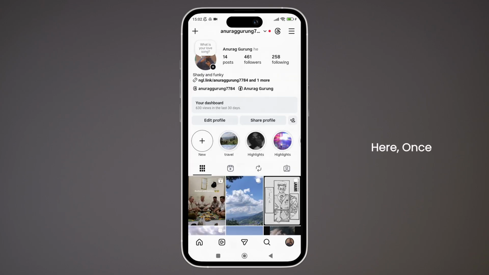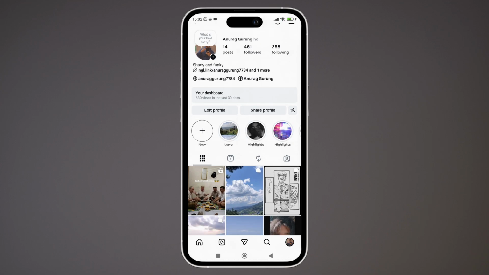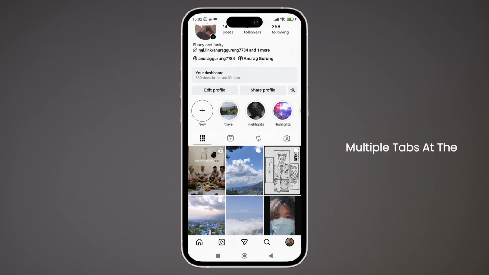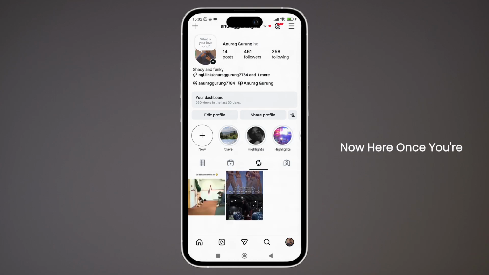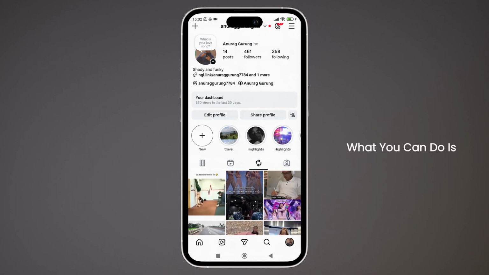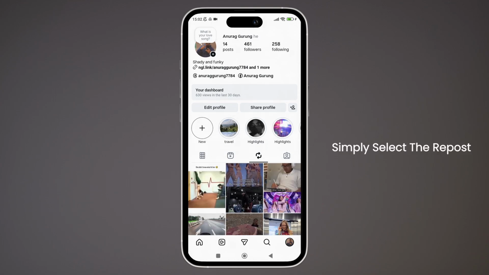And now here, once you are inside the profile section, there you'll see the multiple tabs at the middle of the screen. So here what you can do is just tap on the repost icon. And now here, once you are inside the repost section, what you can do is simply select the repost that